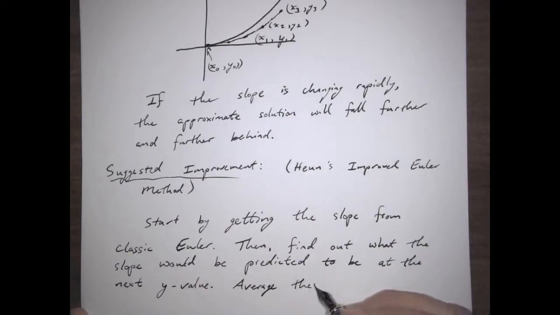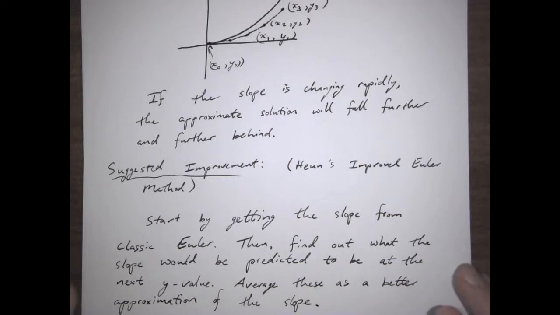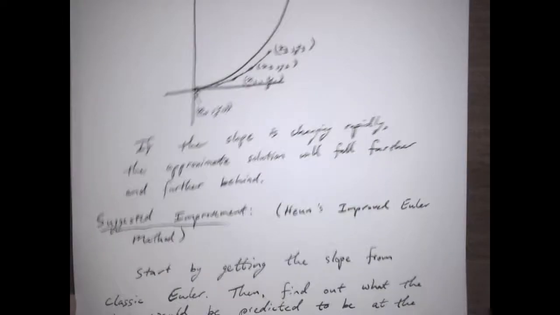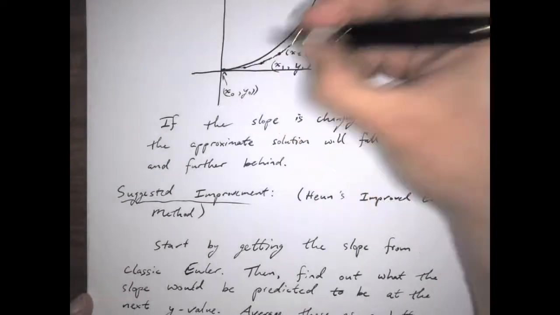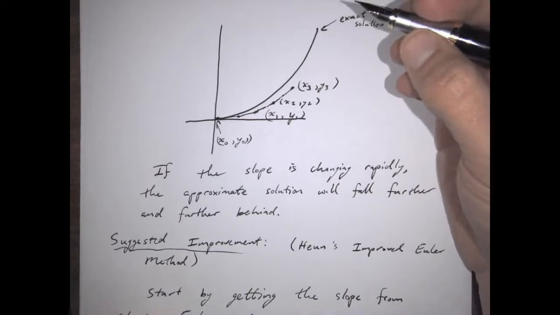Then average these as a better approximation of the slope. Okay, so rather than taking wherever you land here and using that as the next y value,